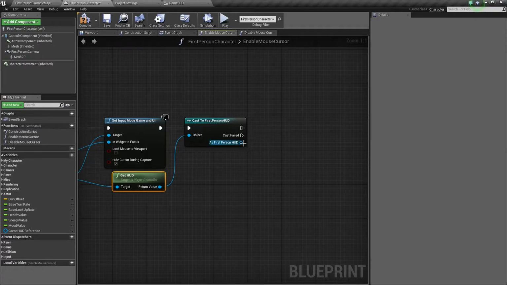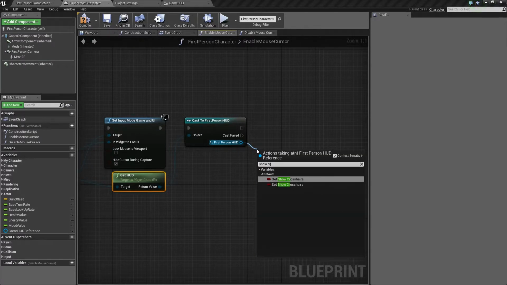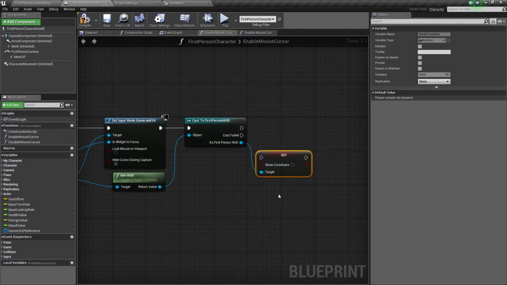From the first person HUD, we have that Boolean variable that we created a while ago called show crosshairs. We're going to set that by dragging off this pin, searching for show crosshairs, and choosing set show crosshairs. We're going to leave this unchecked because we do not want to see our crosshairs. Let's connect this up.